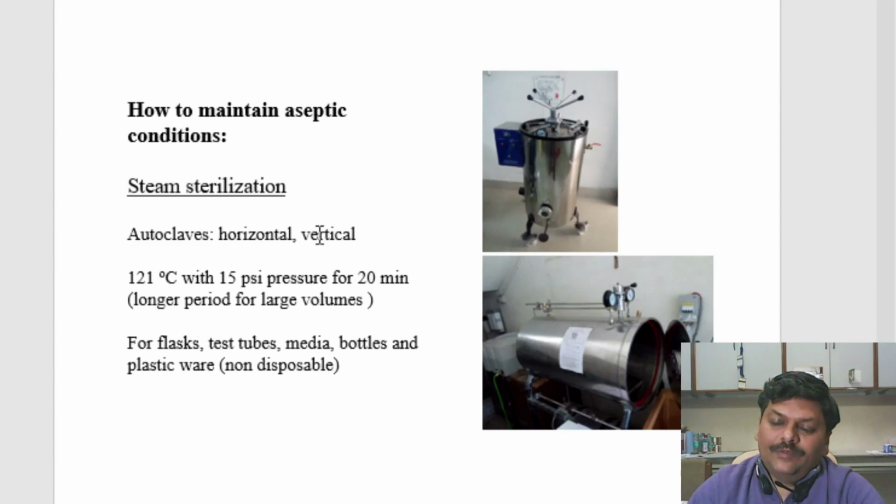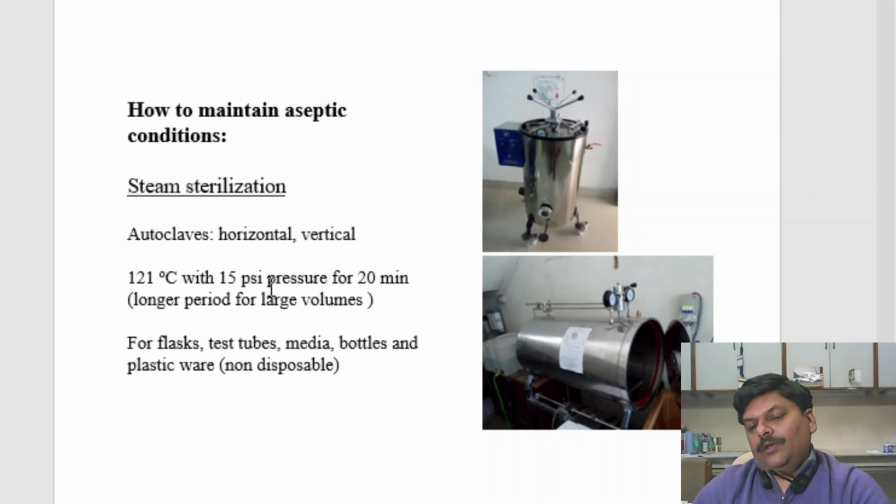So what are the methods available to us? Most of the time the instruments and the media and the vessels, glasswares, all these things are sterilized by autoclave. As I told you, autoclave is just like a big pressure cooker. It creates a temperature of 121 degrees centigrade by using water steam and a pressure of 15 environmental pressure, or 15 psi. That means under these harsh conditions, such a high temperature and such a high pressure, no living cell